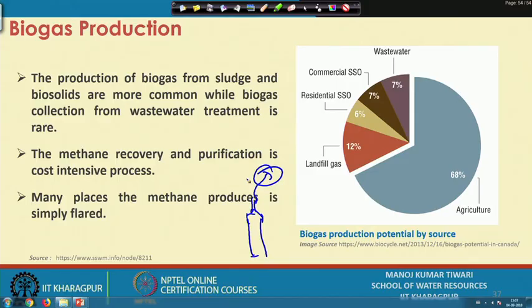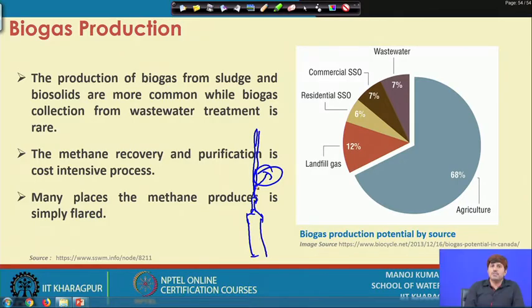And as a result of this, even though anaerobic treatment systems have been installed at quite a few places, particularly with low strength wastewater, in many places the methane which is produced is simply flared; it is not even collected at all. Normally people have a flaring system. The gas coming out of here has a lot of greenhouse gas potential, so they do not let it go into the atmosphere as it is, because the greenhouse gas potential of methane is far higher as opposed to carbon dioxide.